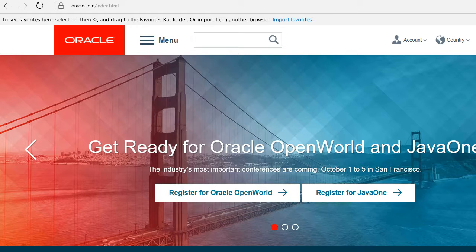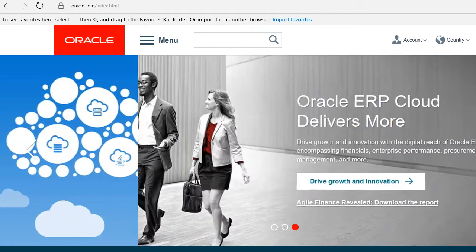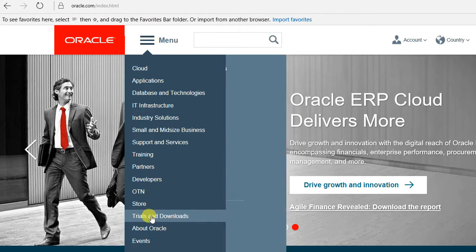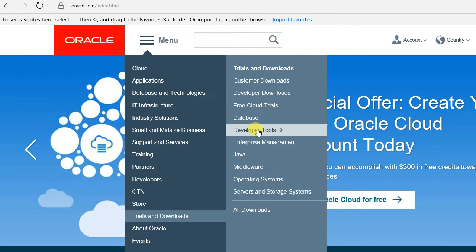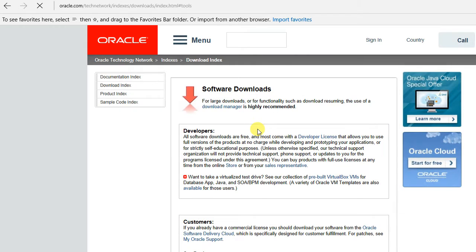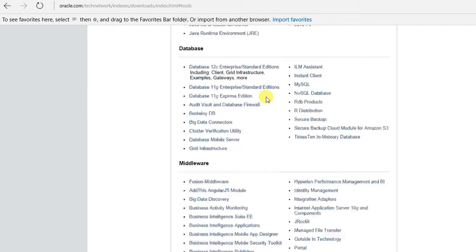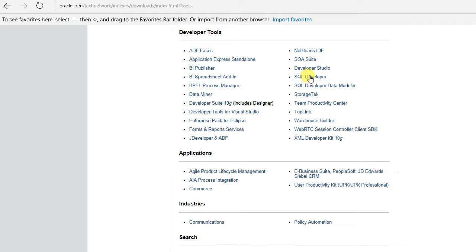Okay, everybody, welcome back. And in this session, we are going to download Oracle SQL Developer. So we go to oracle.com and we go to Trials and Downloads. We go to Developer Tools. Click on that, and it'll take you straight to Developer Tools, where you'll see SQL Developer. If it takes you up here, you just scroll down, okay? Alright, so click on SQL Developer,